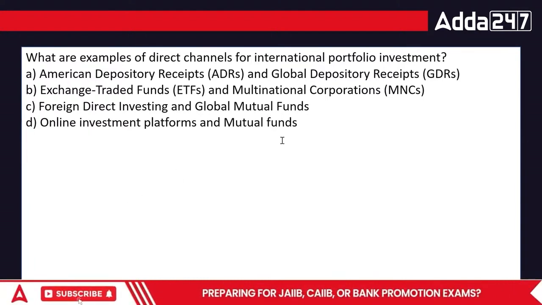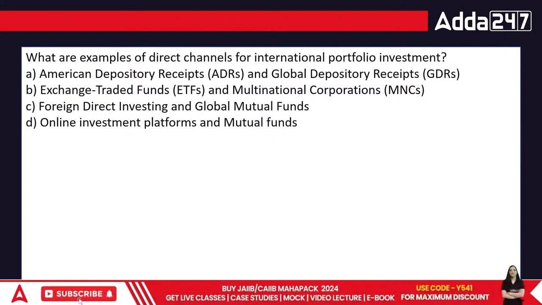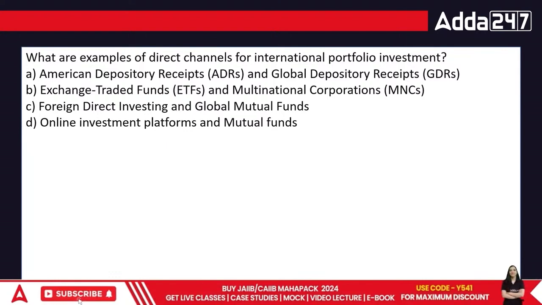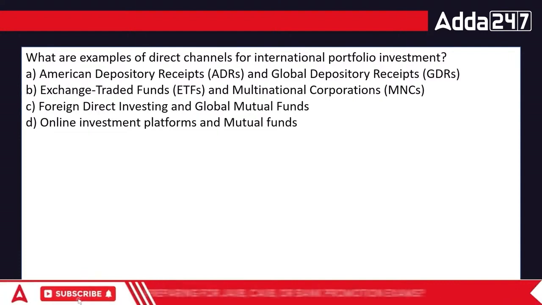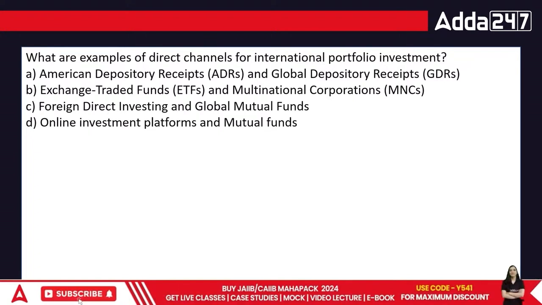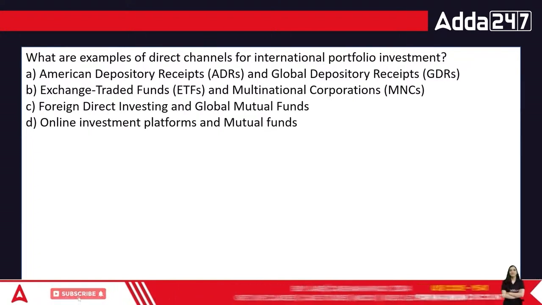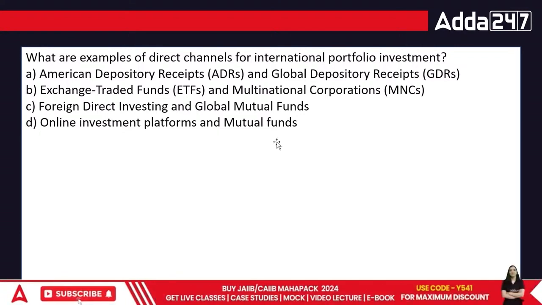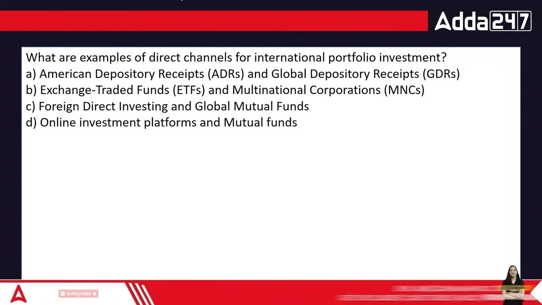Chaliye. Now comes the next point. American depository receipts and global depository receipts both are basically receipts which are made out of the shares only. Exchange traded funds and multinational corporations, foreign direct investing and global mutual funds, or online investment platforms and mutual funds. So in this case, I think I'll go for the answer whenever we're talking about direct channels of investment. What are the direct channels? The direct channels in terms of investing at the international level would be